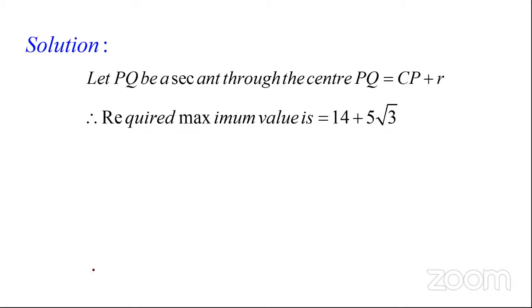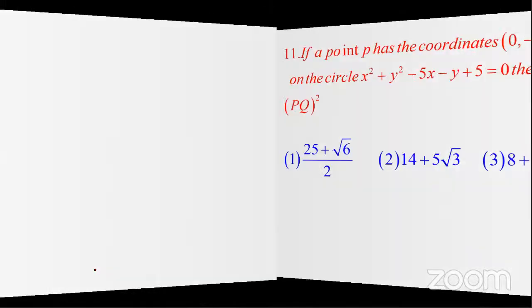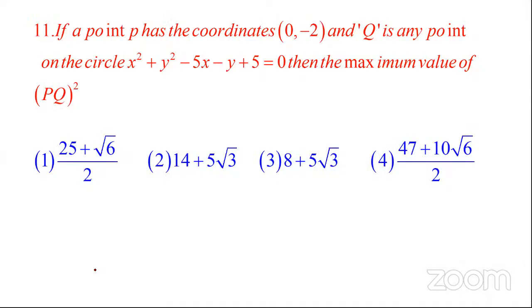Sir, how is it possible? So here now we have to find, first option 2 is the correct one. Given that 0 comma minus 2 is the point, and Q is any point on the circle. Then we have to find the center of the circle. So the center is 5 by 2 comma 1 by 2. So CP value is nothing but 5 root 2 by, so then you will get 5 root 2 by